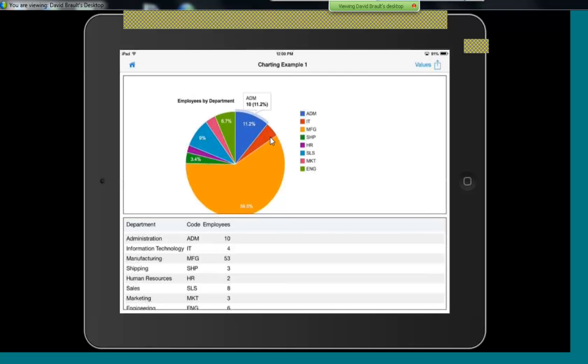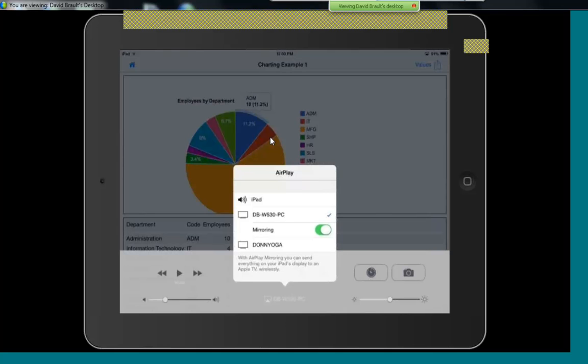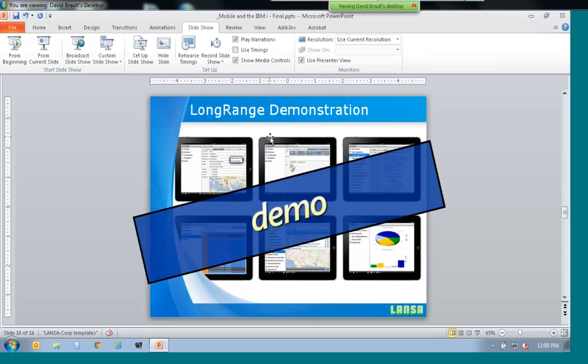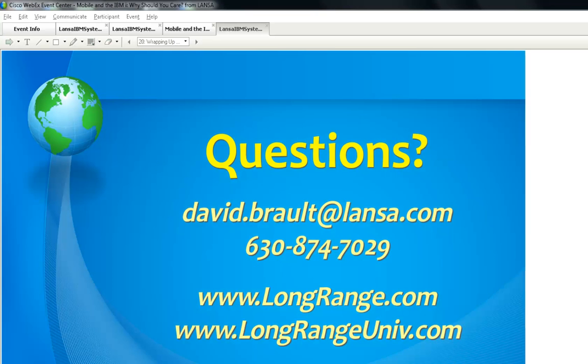Okay, so with that, I'm going to just stop sharing my device here. Get back to the demo. Get back to the PowerPoint. So now that we've seen what a LongRange application looks like, let's take a look and see what the